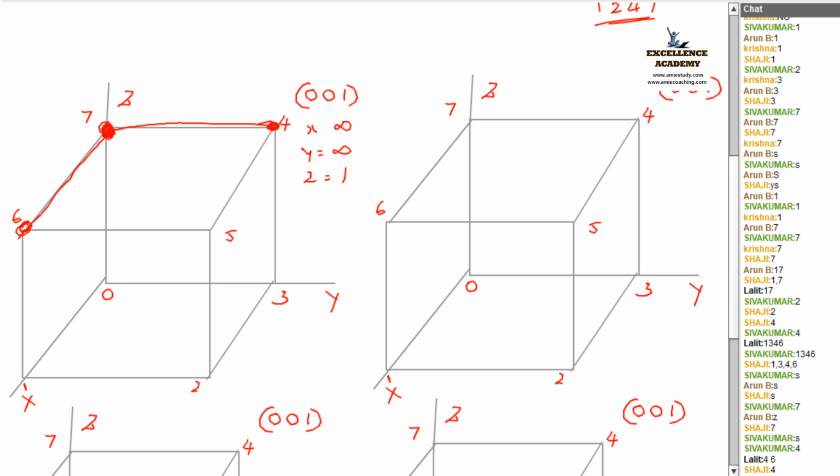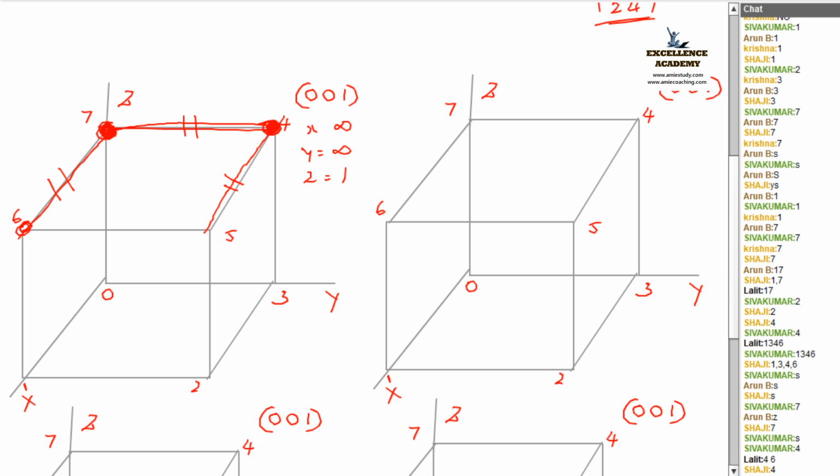See, listen carefully. It is not completed. It is still incomplete. You have to check. The 4 is, that is 7, 4 is parallel to y axis only. That is the fourth point is parallel to y axis only. The seventh point, if I check, I can see that it is parallel to both x and y, isn't it? What about the fourth point? It is not parallel now. So what will you do? You have to draw a line parallel to whom? Parallel to x also. Now it is parallel to x, right?